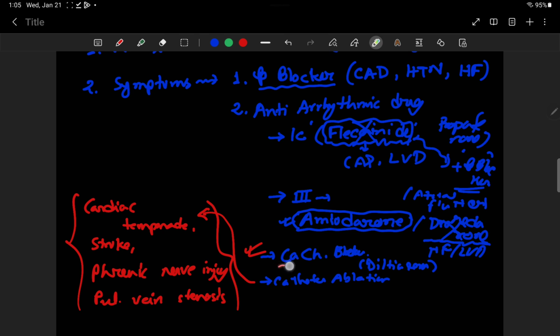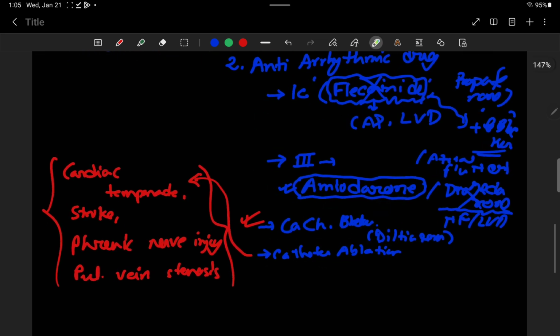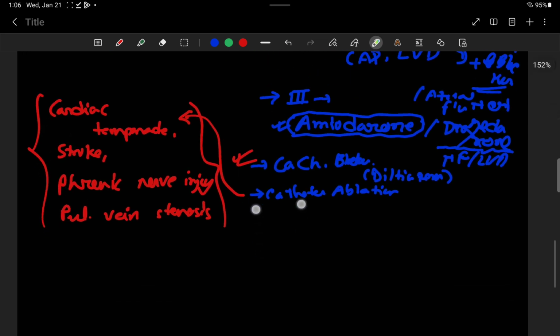If it is not working or beta blocker is contraindicated, you can add a calcium channel blocker. And last but not the least, the more evidence based preventive option, catheter ablation, but it is not risk free: cardiac tamponade. Patient may suffer from stroke, phrenic nerve injury, pulmonary vein stenosis. So I think I can make you understand the treatment of paroxysmal